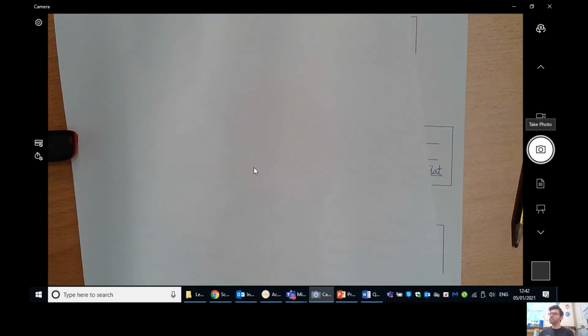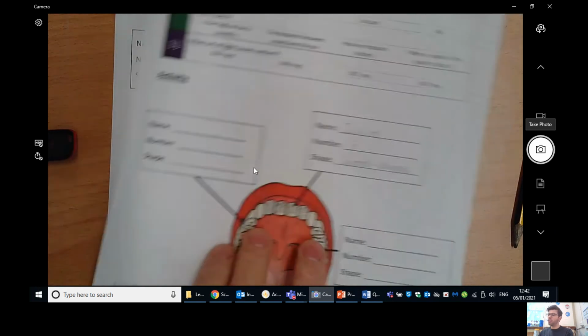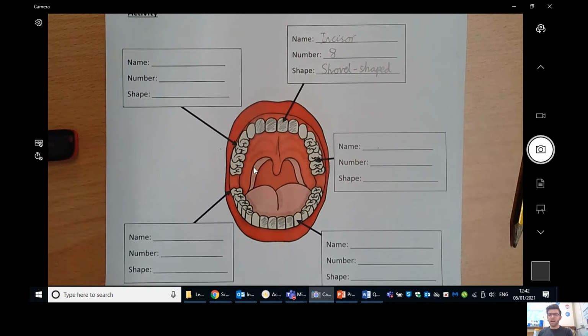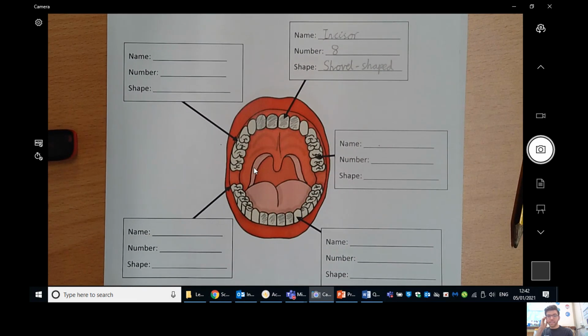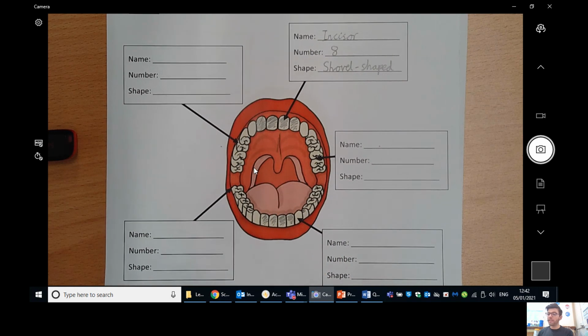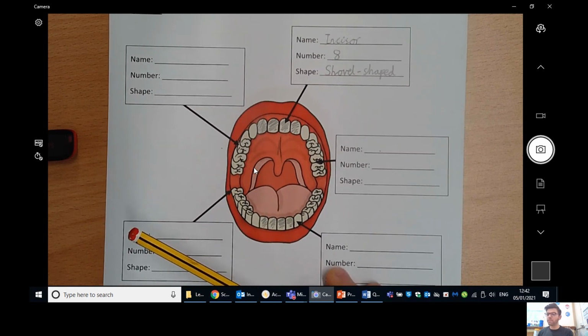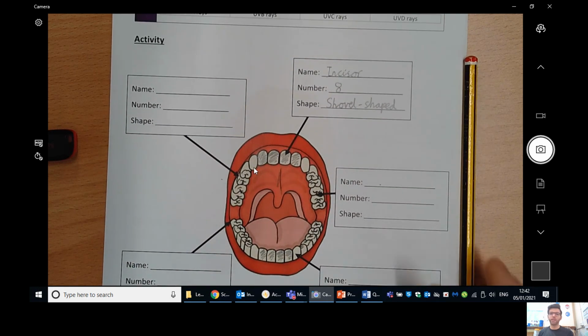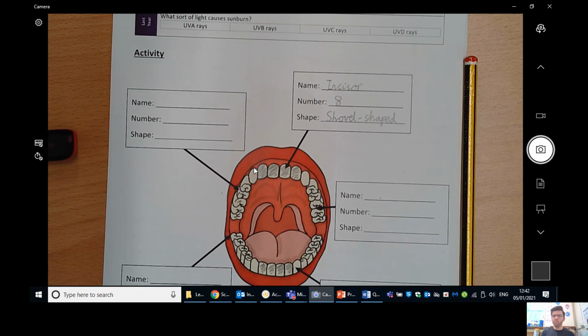So, what I would like you to do, please, we are going to turn the sheet back over. Can you now find where the premolars are on this activity? Label it, and again, shade in where they belong in the mouth. So we're looking for the name of the tooth, the premolar, the number that you've got, how many of those premolars are in your mouth, and also how are they shaped? What are they shaped like? Well, and their size as well. So pause the video and move on to do that section there, please.